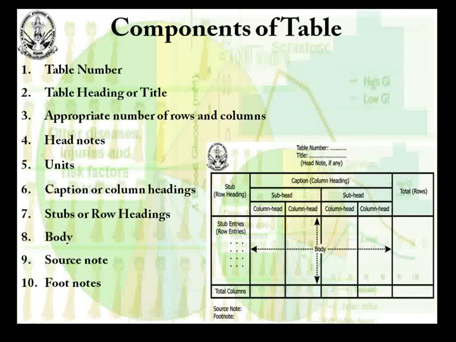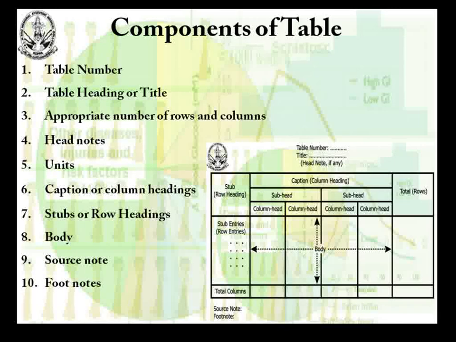So when we see a table, there are a lot of components of tables. First is table number. A number of table is required for its proper identification and referencing. Then just below the table number, the table heading or title comes. A heading should be there for any table in relation to the materials of the displayed data. It should be short, clear and self-explanatory. No abbreviations or detour marks should be used in the title.